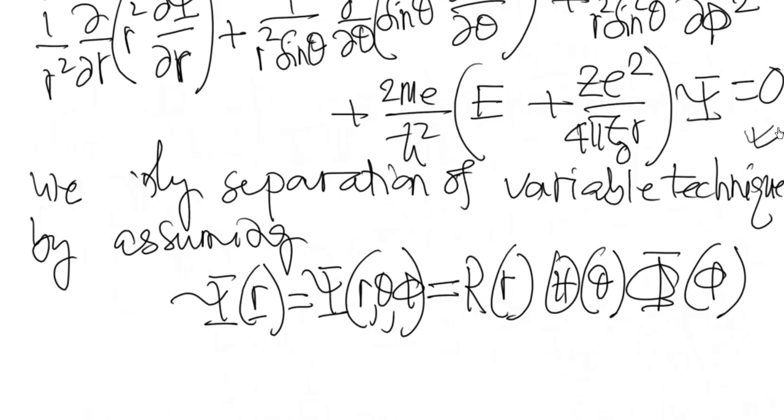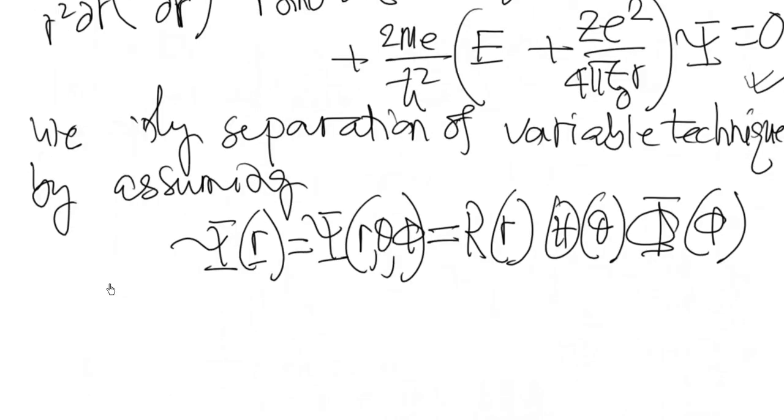after multiplying by r square sin square theta divided by R Theta Phi, the Schrödinger equation then becomes